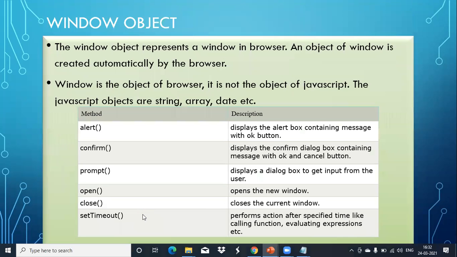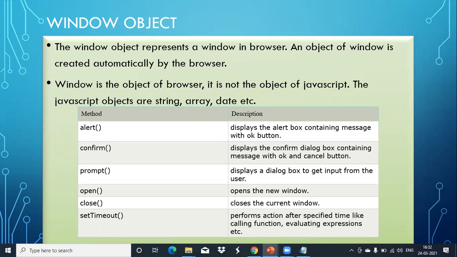Now the window object is there. The window object is the default one we learned. When I first explained objects, I told you the window object is a default one that is automatically created by the browser. In the alert example I showed you, we did not specify window.alert because the window object is the default object of the browser.